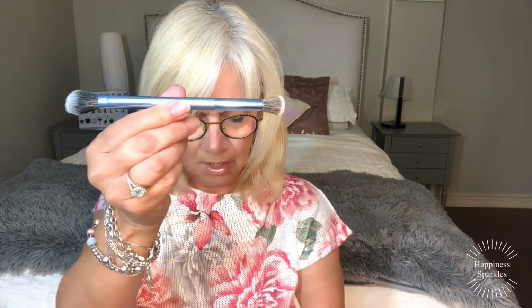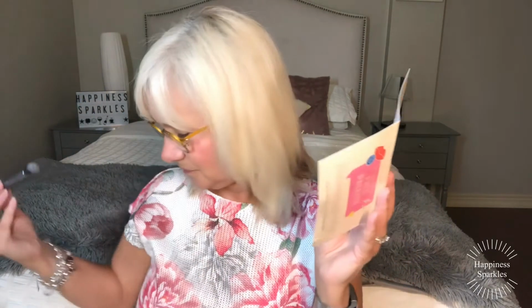Okay, so $18 for a full size of that one. And the brush that I chose is $18. So I got that for the price of the whole bag. So that pays for the whole bag. And whether I use it or not, or one of my girls use it, it will get used. The next item is